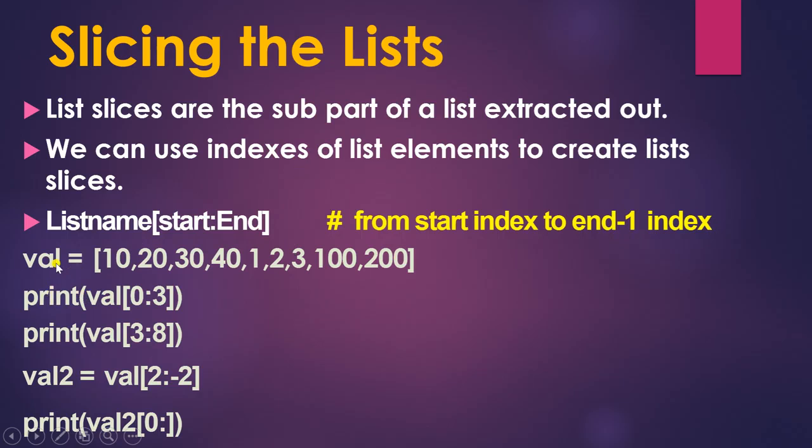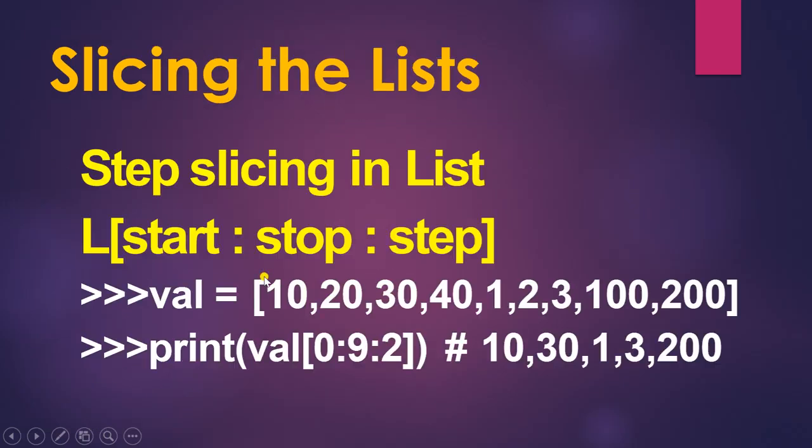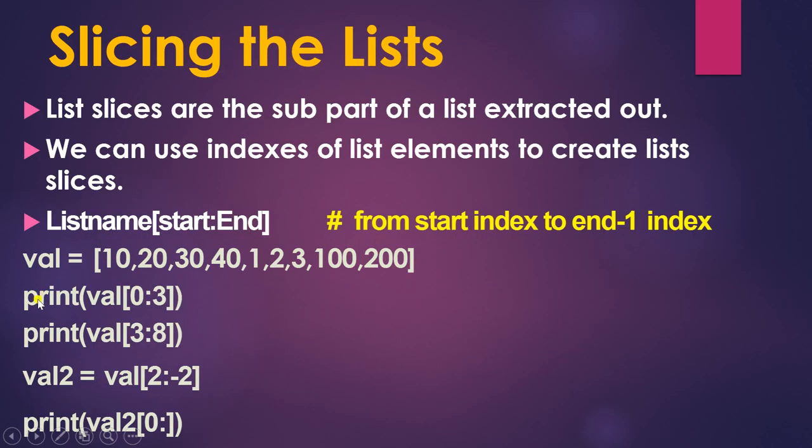Here is the example. This will hold the list of the elements. Then if you print the slice 0 to 3, it will give you 0, 1, 2 only, because it will go from start to n minus 1. Now 3 to 8, it will start from 3. So this is 0, 1, 2, 3. Then 3 to 7. Now the slice 2 to minus 2. So this is slicing. It starts with positive 2, 0, 1, 2, to minus 2.